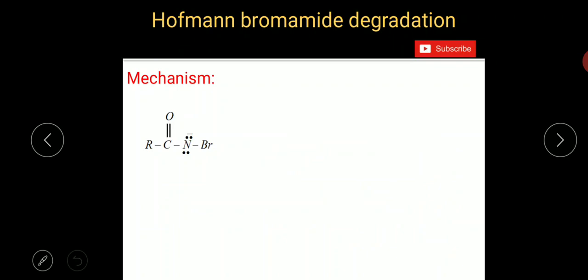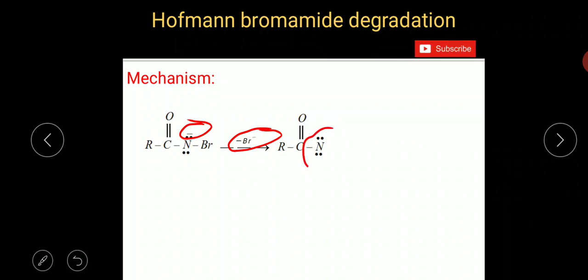In this reaction intermediate, RCON minus Br, Br minus will be separated because you got negative charge on nitrogen. It's a charged species, an ion. Charged species are more reactive, less stable. So it tries to get stability. So bromine atom removes the negative charge from nitrogen to give stability to that species and will be separated in the form of Br minus. So you will get RCON.